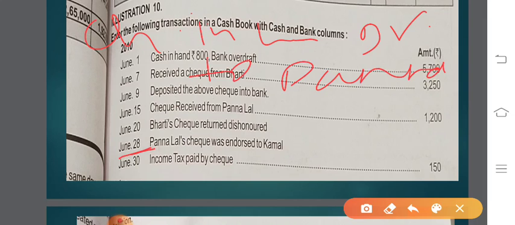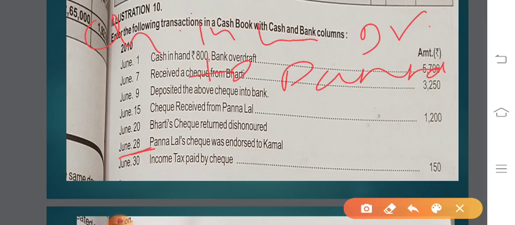Now first of all, understand the meaning of endorsement. Endorsement simply means that someone's check endorsed to some other person. For example, I received a check from A and I had to pay the same amount to B. So I thought instead of going to bank, depositing that check into bank, what should I do? I should endorse the check of A to B.